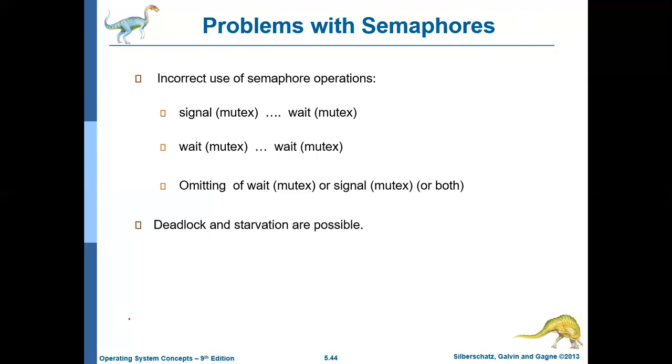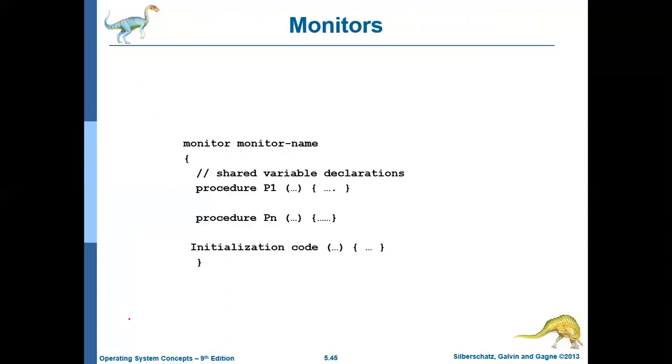So to address these issues, another concept was introduced, and that is called monitors. What monitors do is not leave everything in the hands of the programmer. Rather, they provide a high level abstraction for process synchronization. So what does high level abstraction mean? High level abstraction means something like a class. You know what a class is? A class is a blueprint of a real world entity. So it provides a high level abstraction, or an abstract data type.